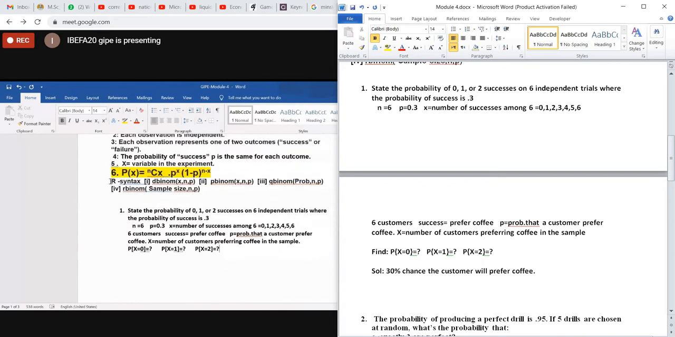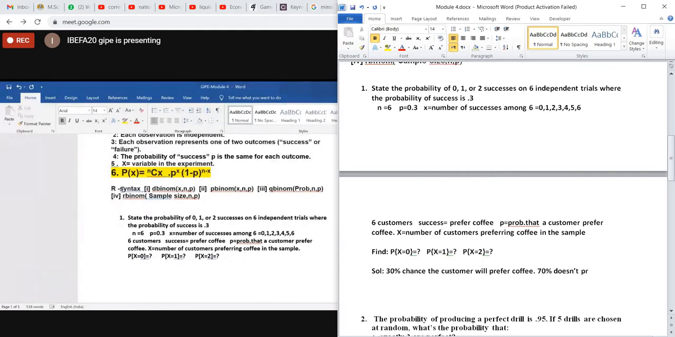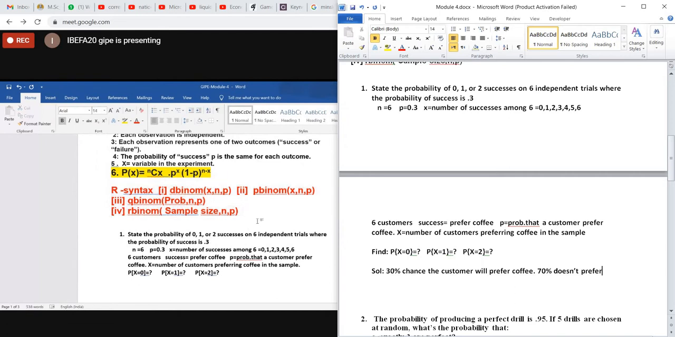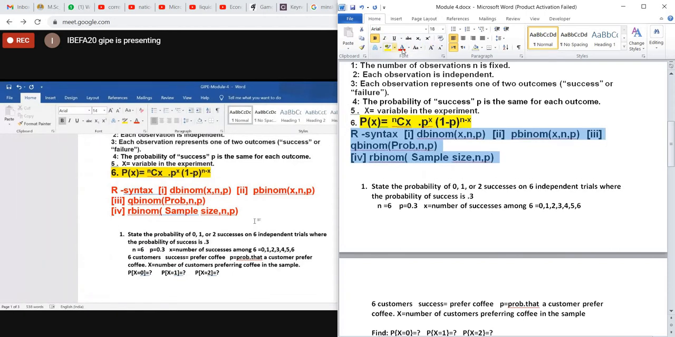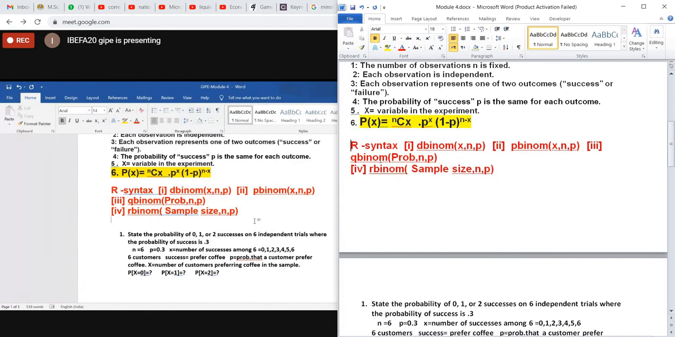In our R package, we are going to use these syntax today: dbinom, pbinom, qbinom, rbinom. The function is binom. So when I work today for answering the question,